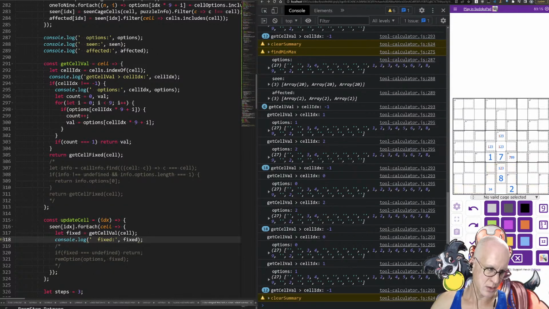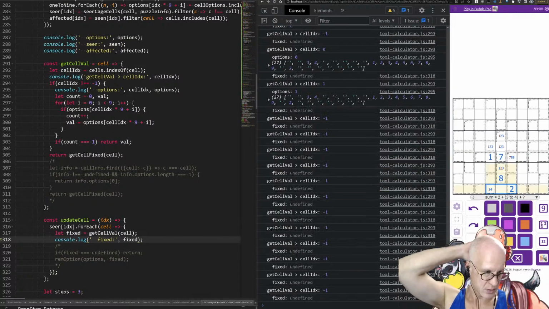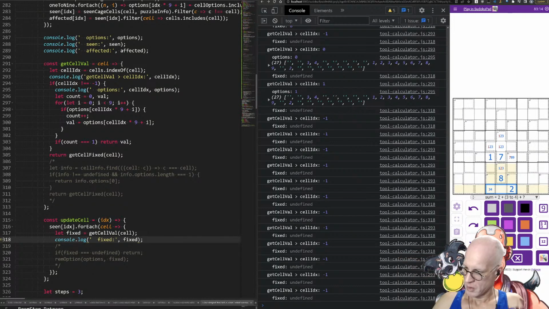And that should get us the current up-to-date value for that particular cell. Righty. So, return value, return this,